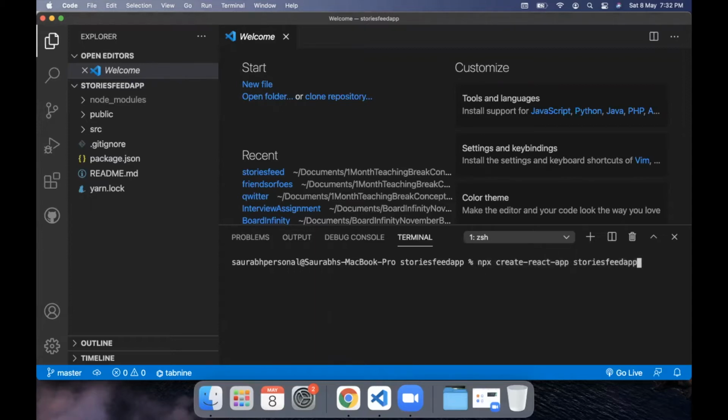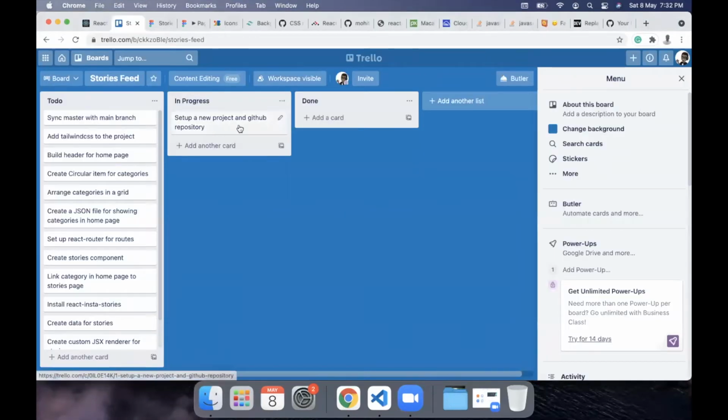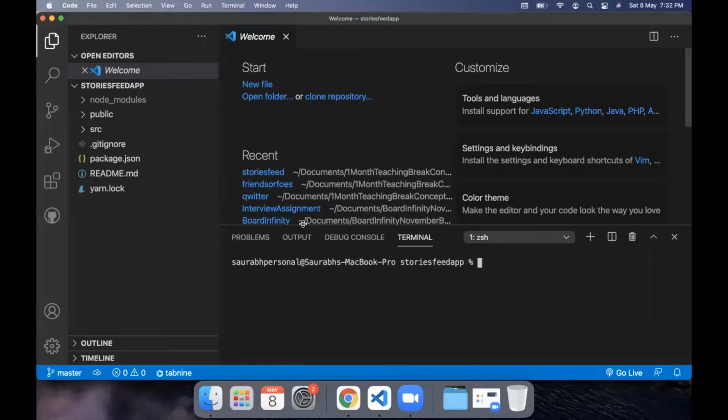Once you are done with that, you can pause your video and try to understand how to sync this project with GitHub. Let's say you run this command and you create a project like this. The second task for you all is how to set up this project on GitHub, or push this project to GitHub. So pause this video right now and try it on your own. And from there on, I can explain how I'm doing it.